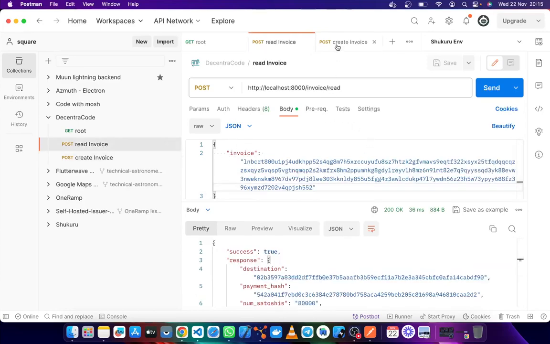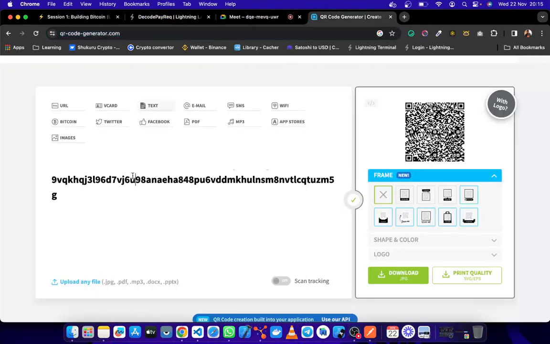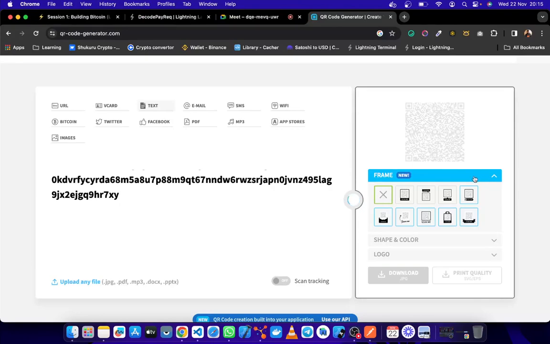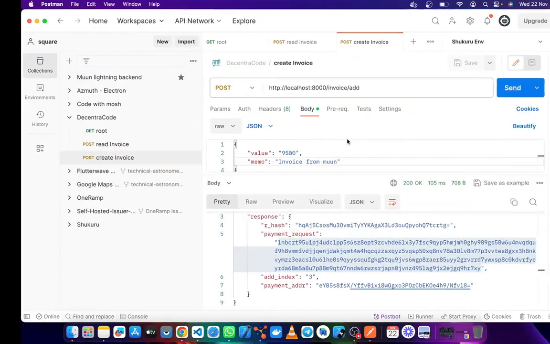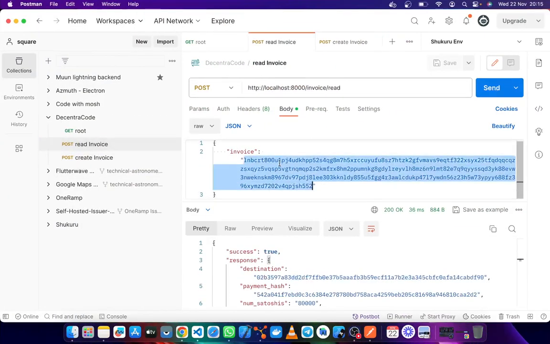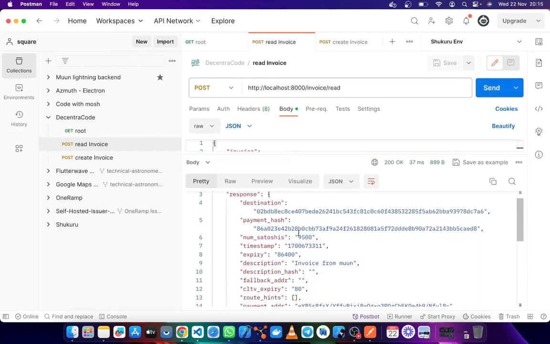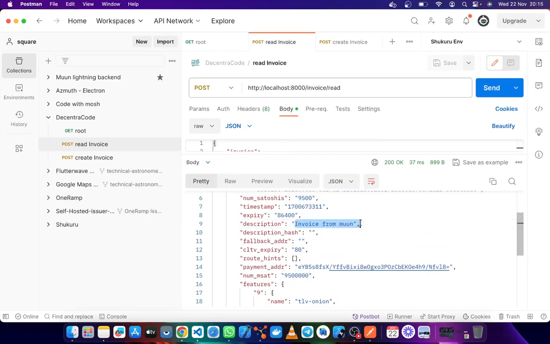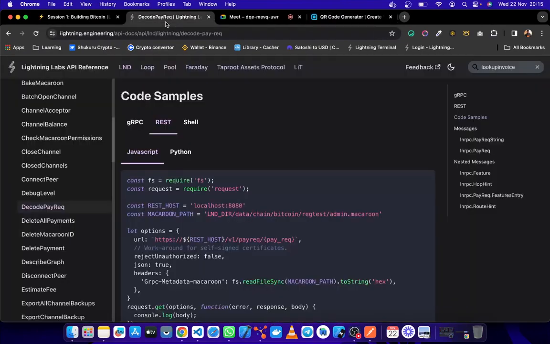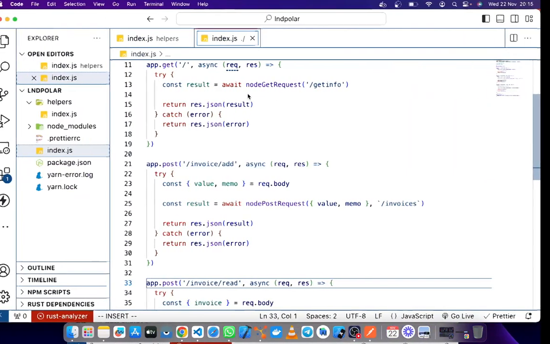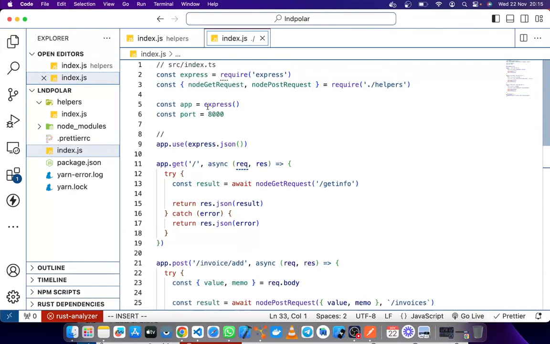So this string is encrypted into the QR code that I showed you here. So it's encrypted here, and then when you scan, it decodes the information about the invoice and reads it like this. And then when you read it, it gives you the amount, and it gives you the money from Moon. So now you can create the pay invoice and then pay out the user. Hopefully, if time allows us, we will be able to create the endpoint that pays off. But the activity of creating the invoice is very, very crucial.